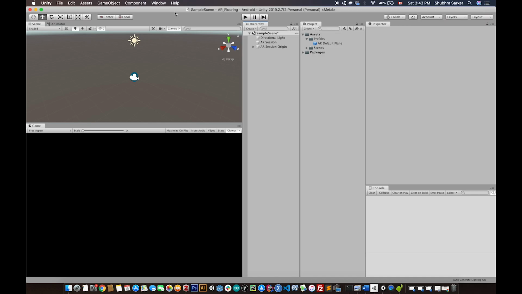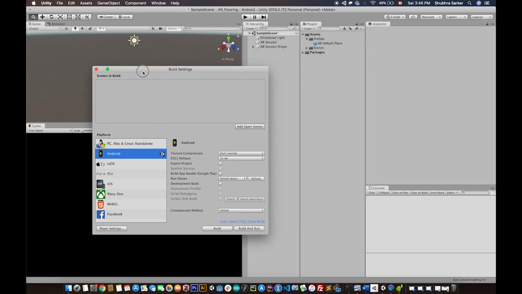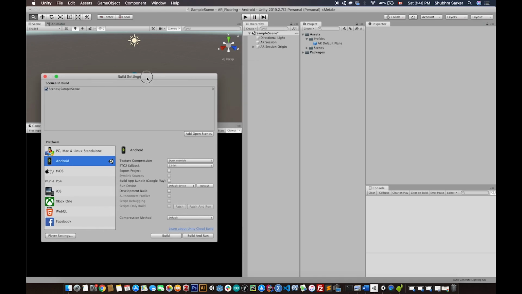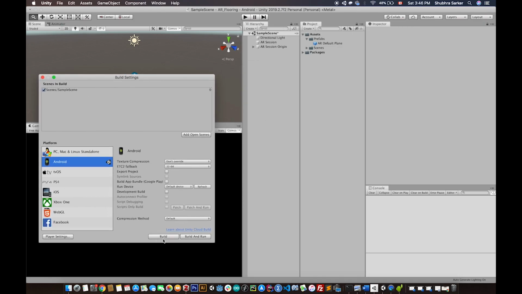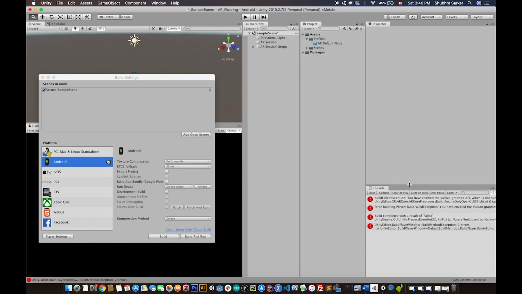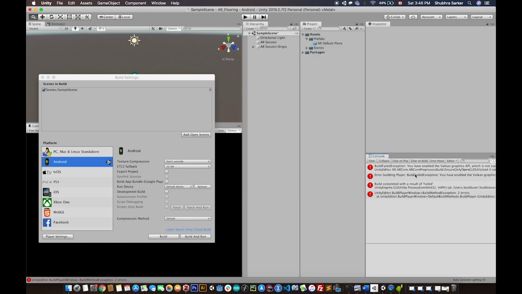Let's see this in action. So if we now go to File and Build Settings, we should first of all add the scene that we are currently working on. Then hit Build and Run. Make sure that your device is connected to the computer. And if I save and replace the APK, you can see there is an error which is happening for the